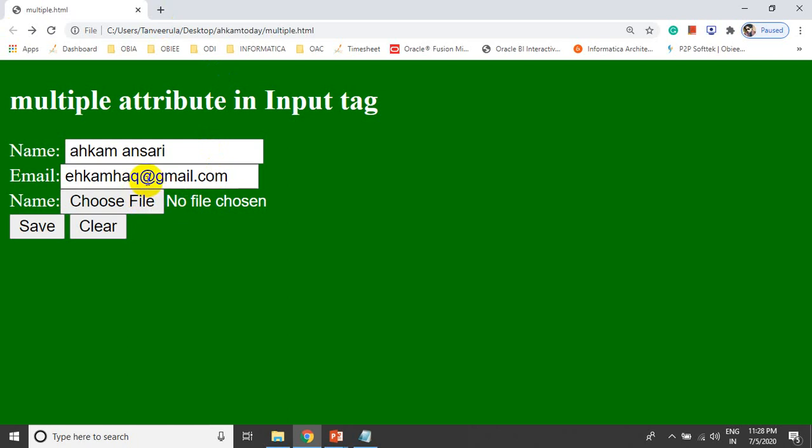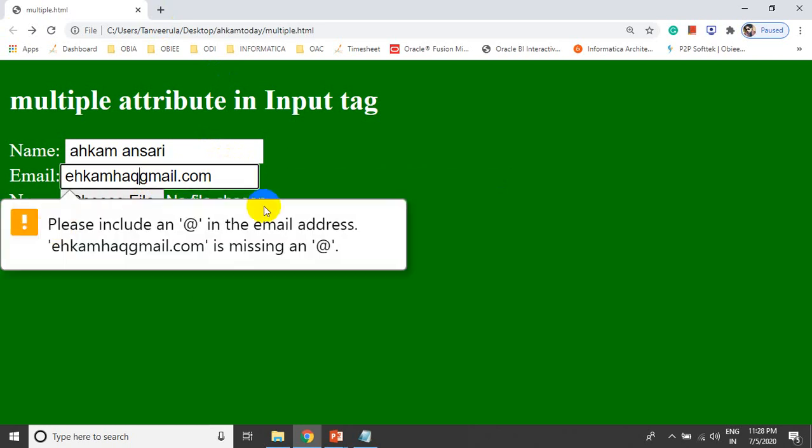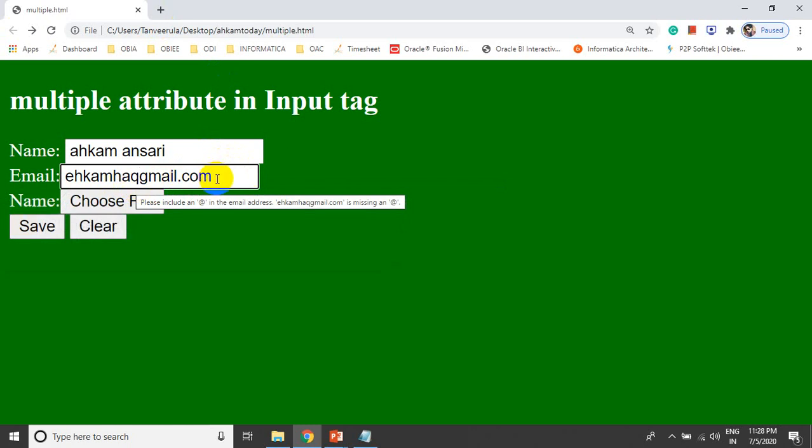But in the other case, if you remove the @ symbol, it becomes a false or invalid email ID. So when you click on save button, the form will not be sent. Why? Because I am using input type equal to email, it's an inbuilt or built-in validation. Okay, I'm not going to use any scripting language like JavaScript or VB or any other scripting language, but HTML5 provides a facility of input type equal to email which validates email on the client side. Means we are not going to use any other scripting language. So it's one of the best features of HTML5 which validates your email ID.